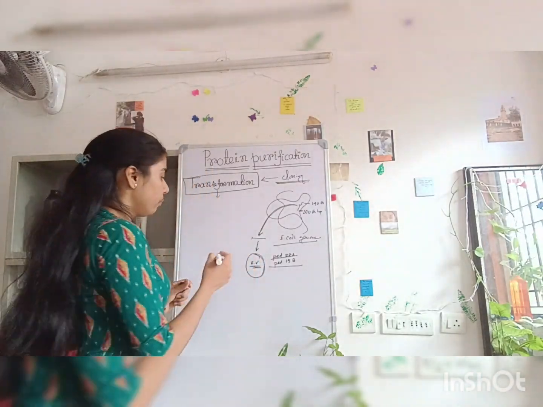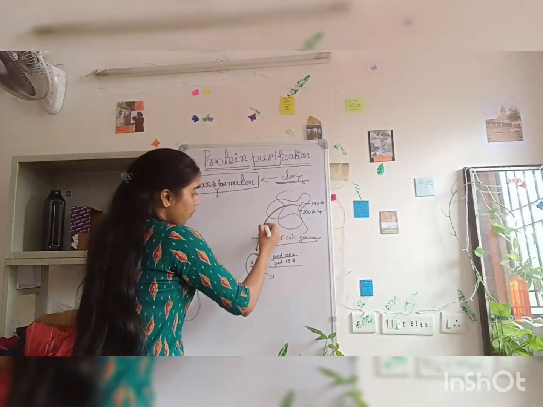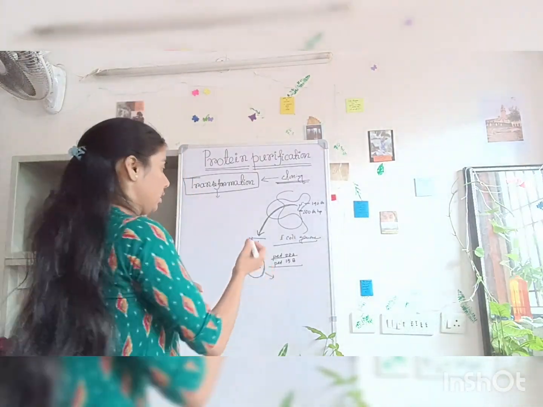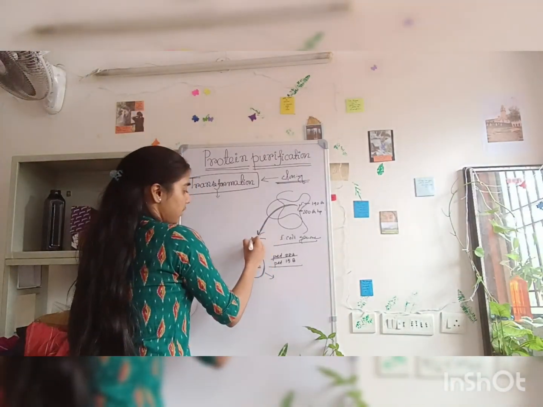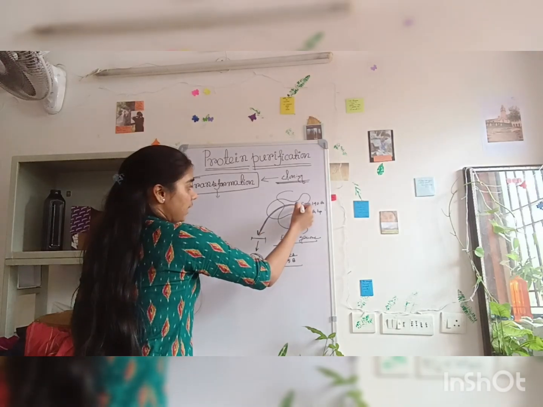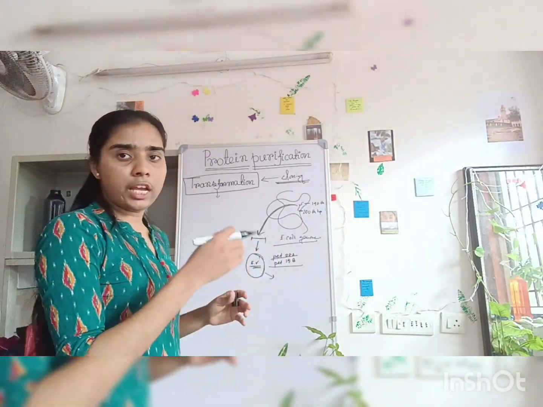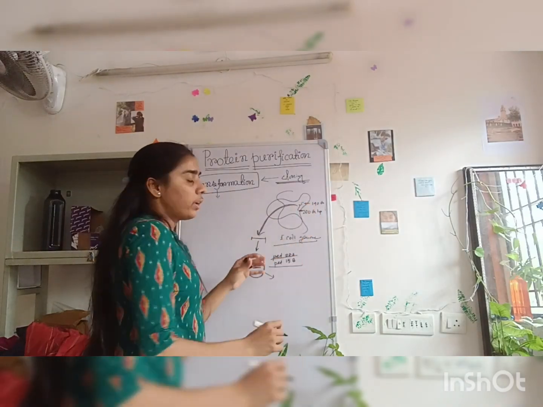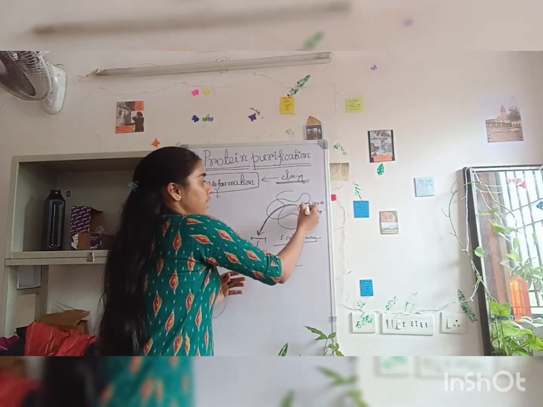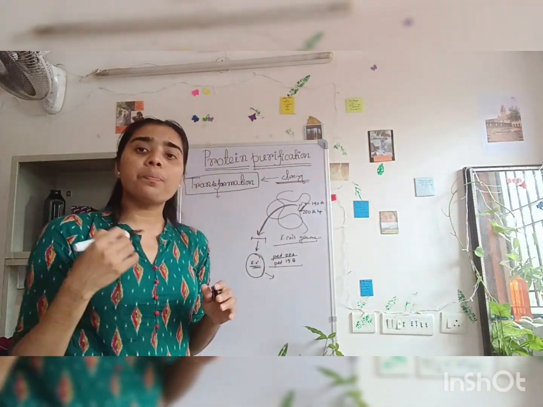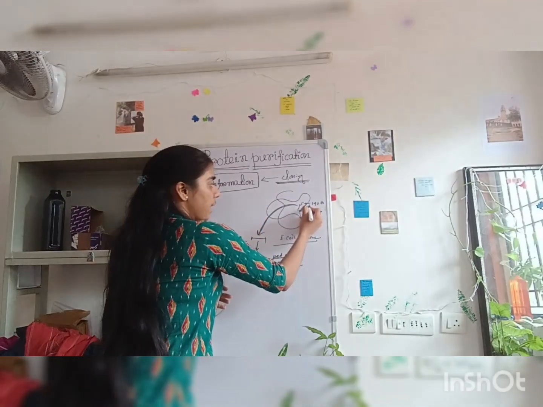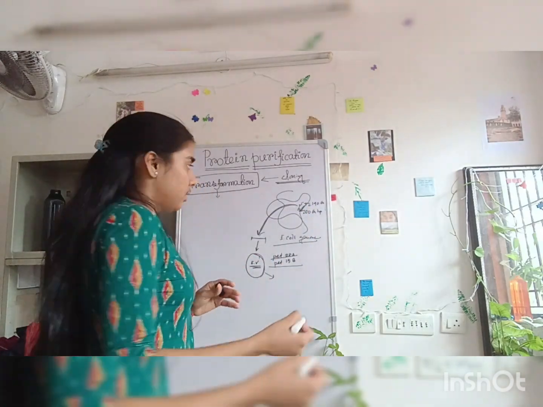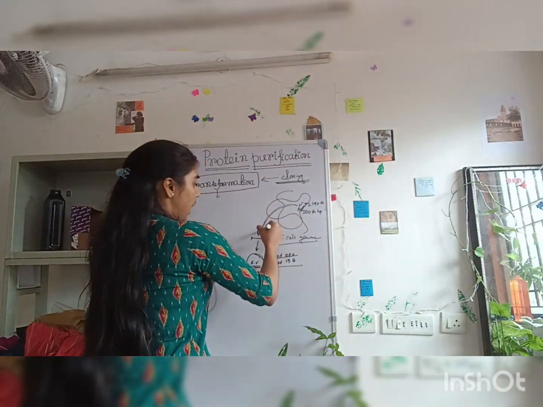First we will take this gene out. There are different methods to generate this gene. We can cut it directly out, if we use a restriction enzyme and there is a restriction site there, we can directly digest the genome and take this gene out. Otherwise, we can do it through PCR. We can design primers accordingly, and then directly PCR amplify this portion of the gene and take it out.